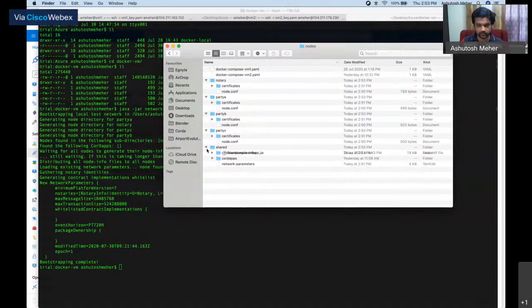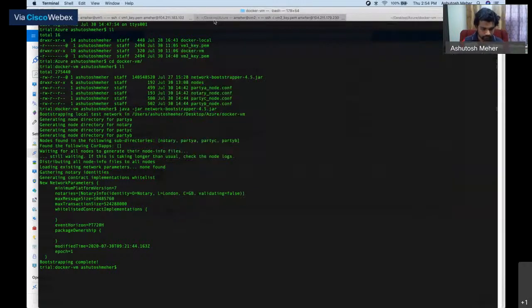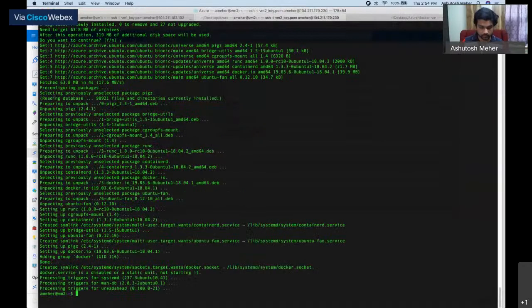Okay. Everything is up. And let's just look at our VM. Where are we? We have installed Docker. We set up a few more things. Docker PS.